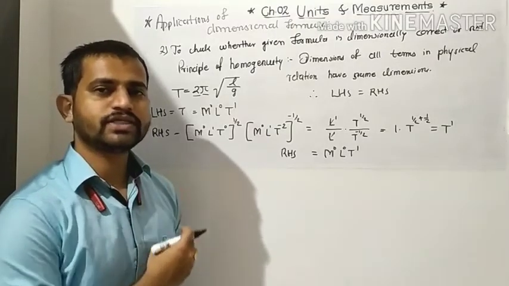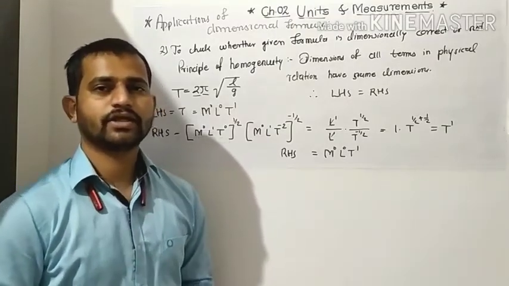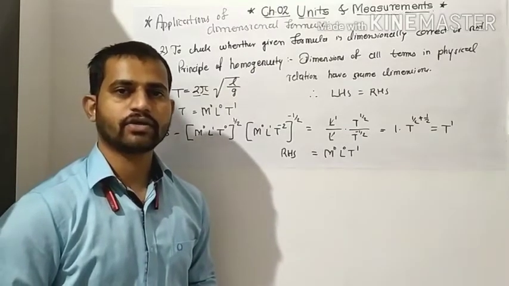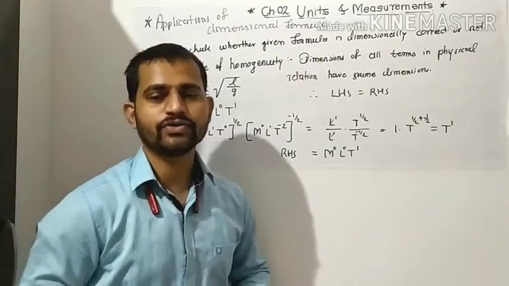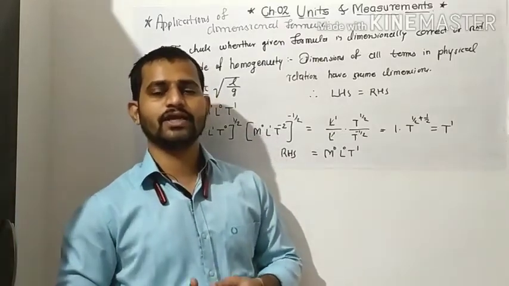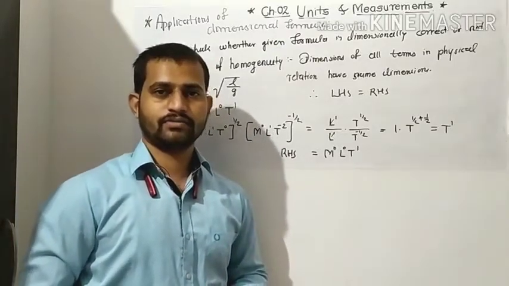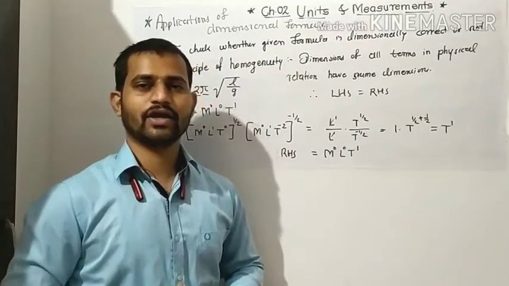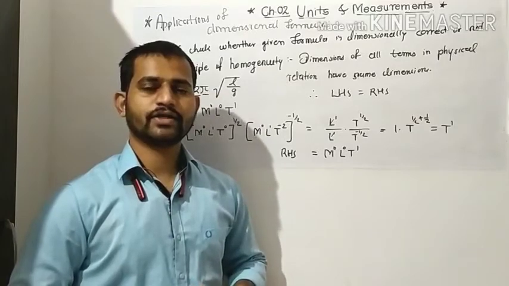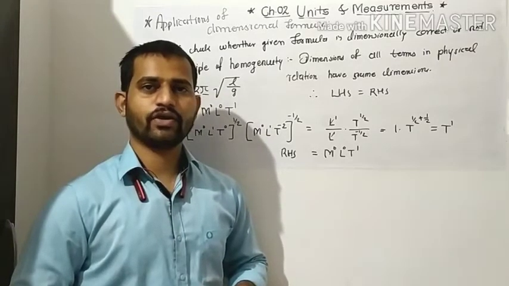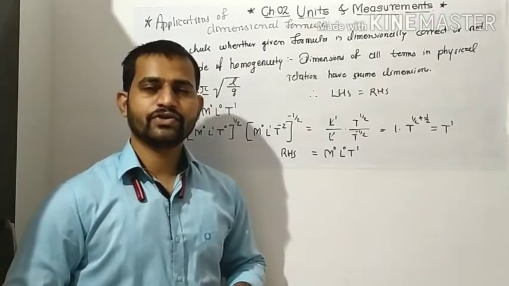So we have to use these techniques to find out whether the given formula is dimensionally correct or not. Because if any formula is dimensionally not correct, then we can't use this for the calculation of any physical quantity which is in relation with the other fundamental basic quantities. So we'll see now whether we can prove it by using one equation of the energy.